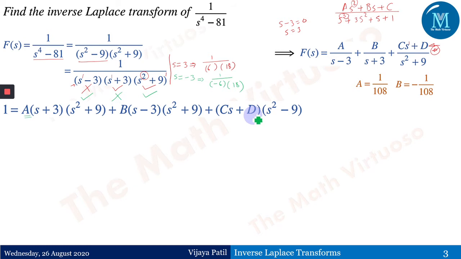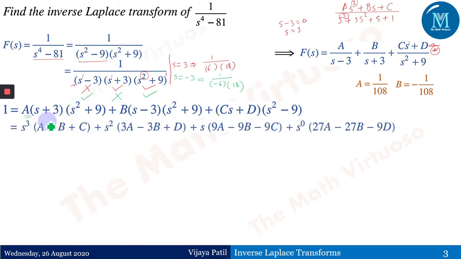Okay, and then what will we do? We will just cross multiply all of them and we'll collect the coefficients of s cubed, s squared, s and s to the power 0. So instead of constant over here, I have written s to the power 0, just to have that hierarchy, that is s cubed, s squared, s to the power 1 and s to the power 0. And we have equated this entire thing with 1. Why is it equal to 1? Because if you observe, the numerator for this function is equal to 1. And then we have got this.